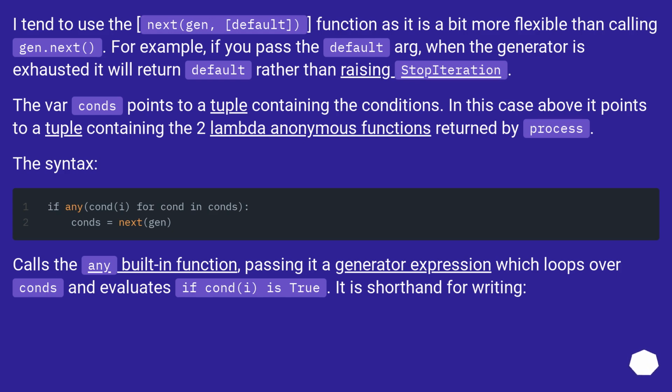The syntax calls the any built-in function, passing it a generator expression which loops over cons and evaluates if cond is true. It is shorthand for writing